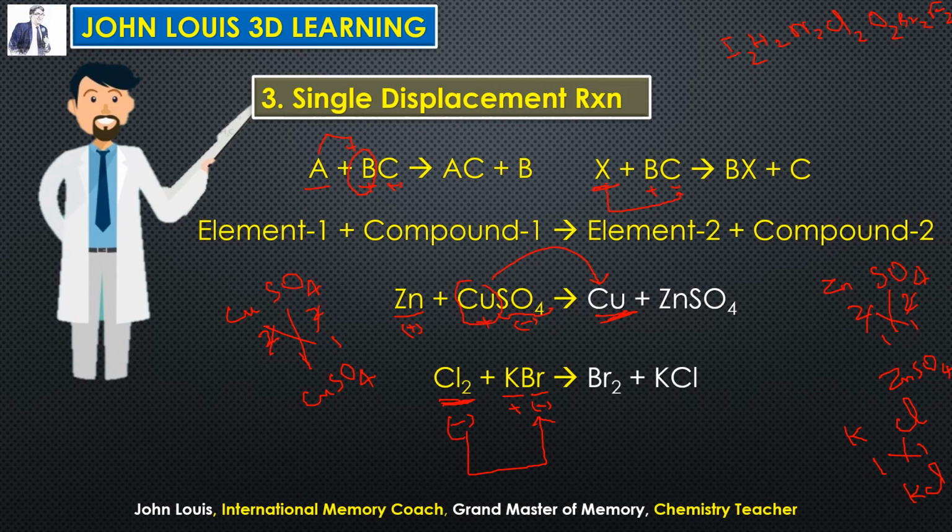Hope you understood, no? These are the 2 types of single displacement reaction. Only the more reactive element can displace the less reactive element. So there is a series of elements that will be given, called the metal reactivity series. All the metals which are very reactive will be at the top of the series and less reactive elements will be at the bottom of the table. That we will learn in a later episode. So now we are learning single displacement reaction, no? The next topic is double displacement reaction.